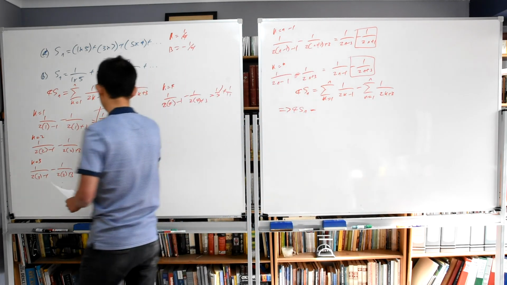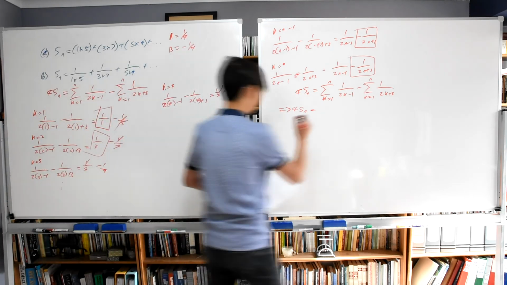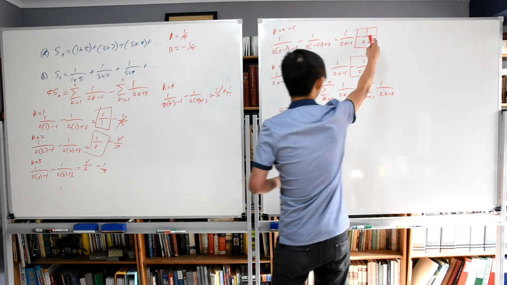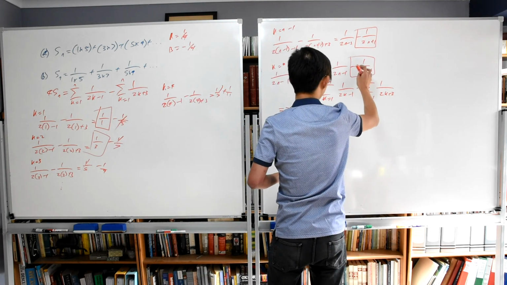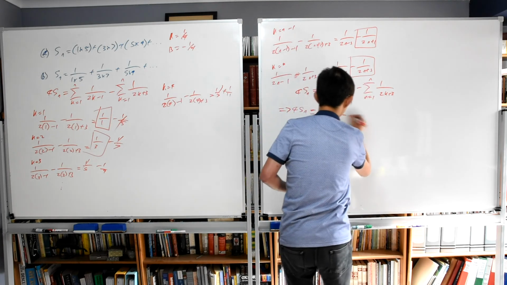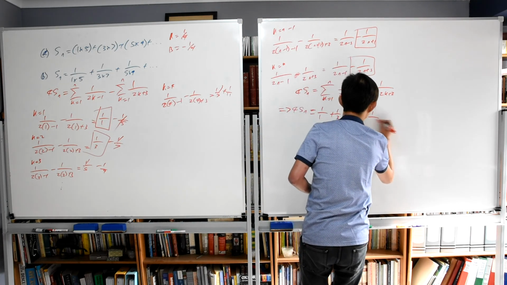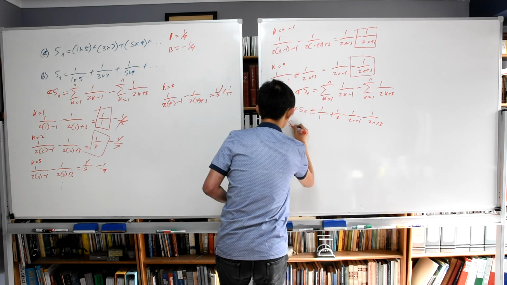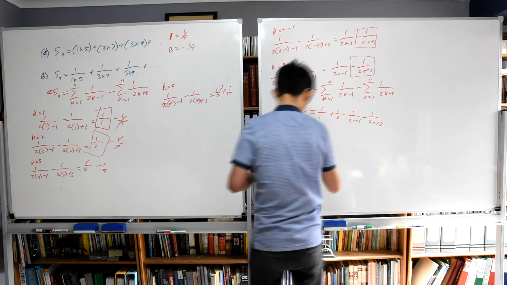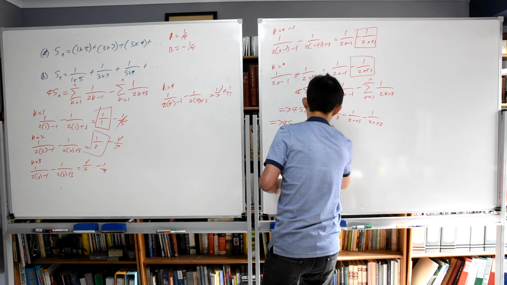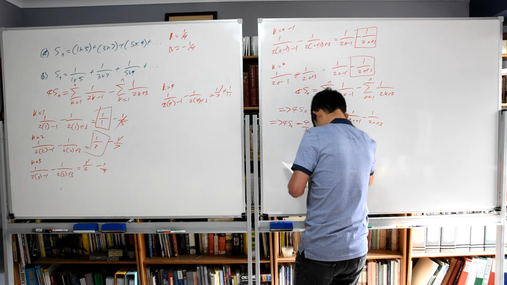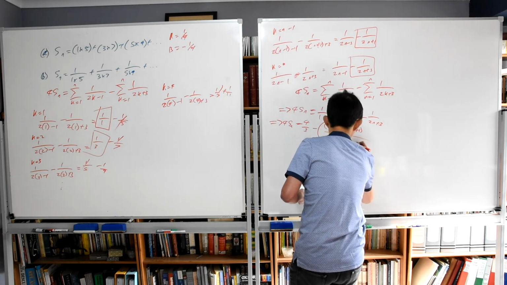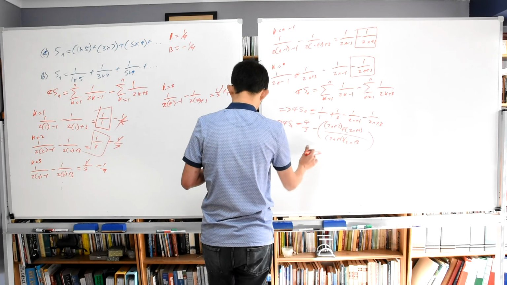We're only left with 1 upon 1 plus 1 upon 3 and minus 1 upon 2n plus 1 and minus 1 upon 2n plus 3. Simplifying all of this, and simplifying this further down, we're going to get